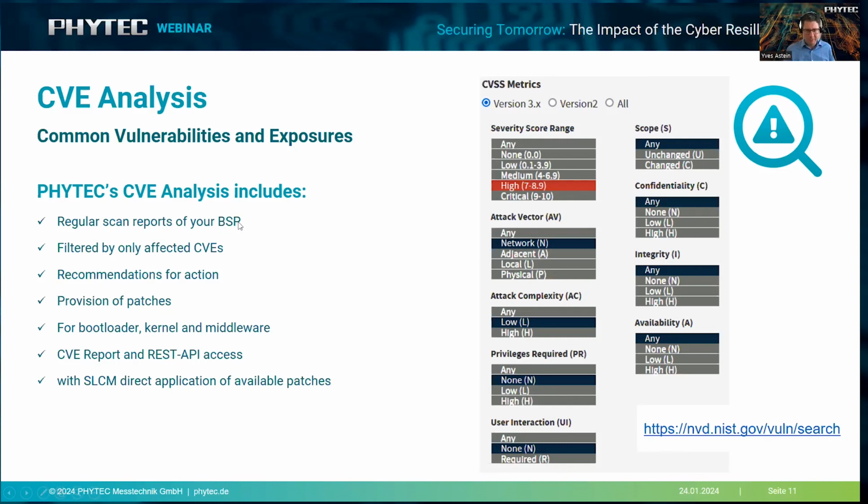So we do this for our own BSP, but of course, this can also be done for your BSP, as I showed you in the last slide. If your device is in our test farm and your BSP is being tested, then we can run these CVE tests also on your device. We make sure that, of course, we don't bombard you with CVEs. We filter based on what your application is, on how your kernel is configured, how your file system is configured. We do not send you any CVEs based on any libraries that you are not using.